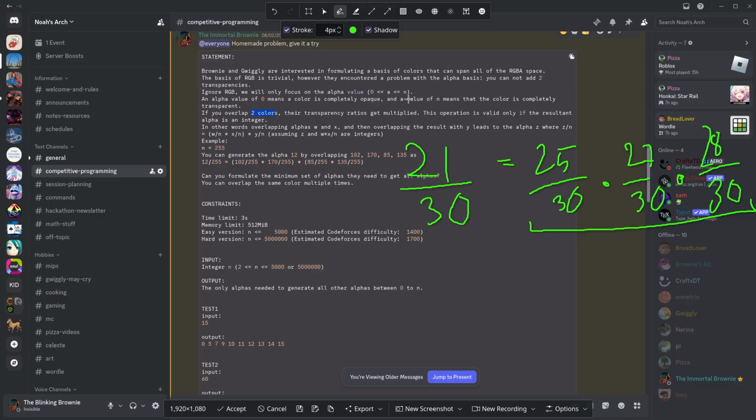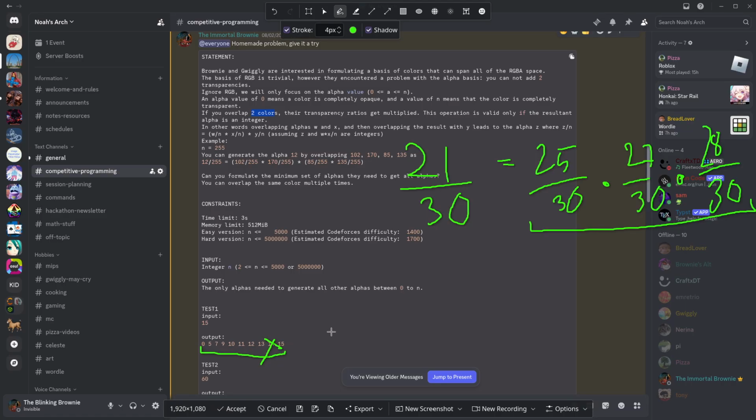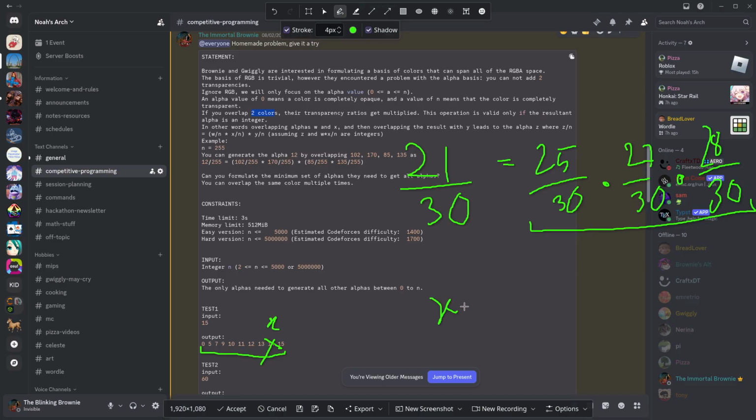Also, what if we allow non-integer bases? We also haven't figured that out. I suspect that you cannot do a better set than what you currently can. So first of all, if you do allow non-integer bases, you have infinitely many bases. Why do I say that? Let's say for 15 you have this basis, right? Integer basis. You can take out 14 and put in a value, let's say x, where